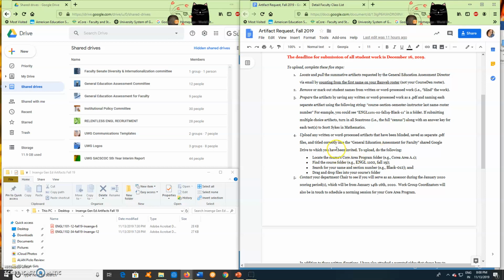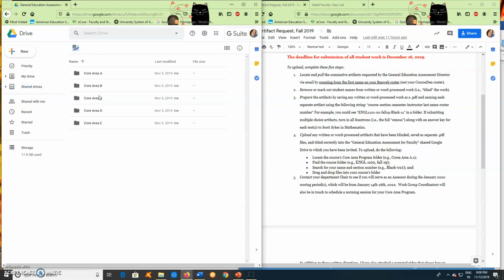The fourth goal that you have in this 5-step process is uploading the work that has been blinded, saved as separate PDF files, and entitled correctly to the General Education Assessment for Faculty shared Google Drive, to which you have been invited, as I said. To upload, we ask that you do the following. You will first click on this particular shared drive I spoke about, and when you do, immediately you will see